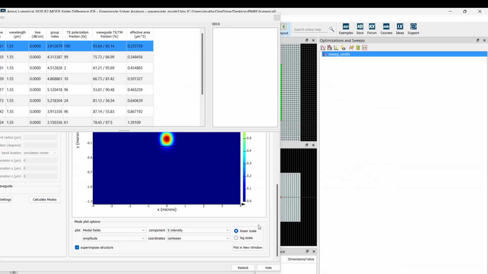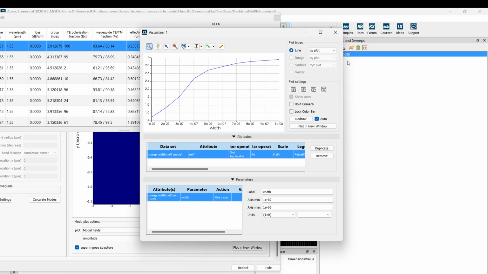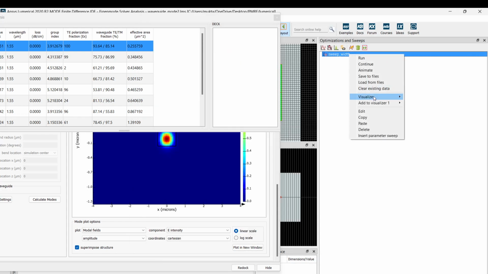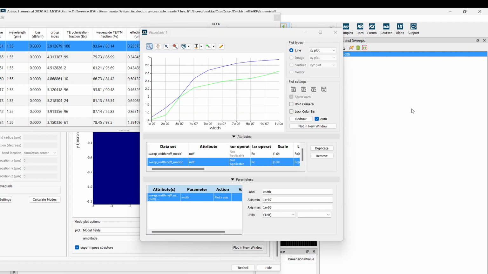Let's see if our simulations are done. Yeah. Visualize an effective mode 1. So here you see, right? So this was the original mode 1 and this is the original mode 2.